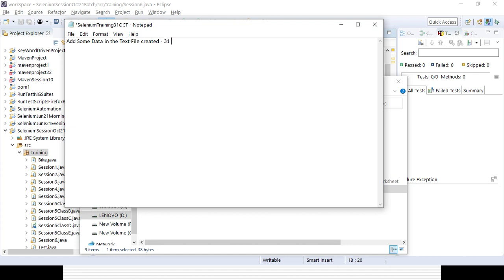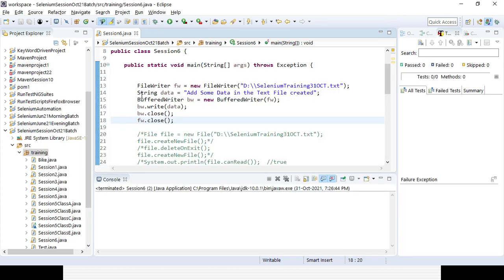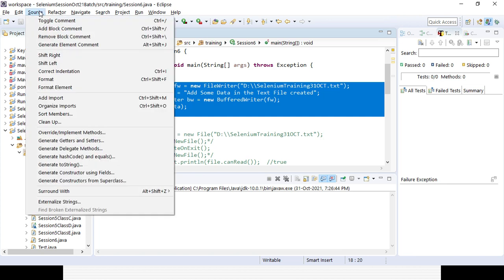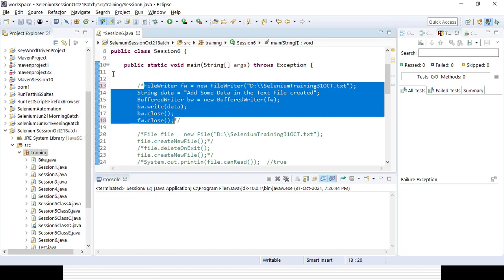Now I'll read that data. I have already written the data, and now I'll be reading the data that is already there. So instead of FileWriter, I'll be reading using FileReader, in a similar way. Whatever changes I make, I will let you know one by one.